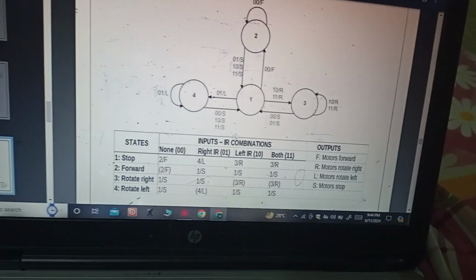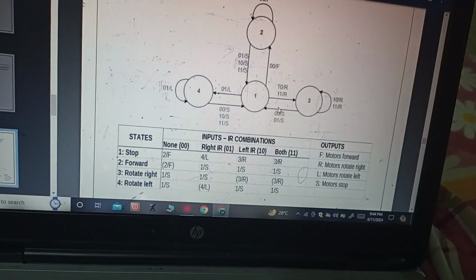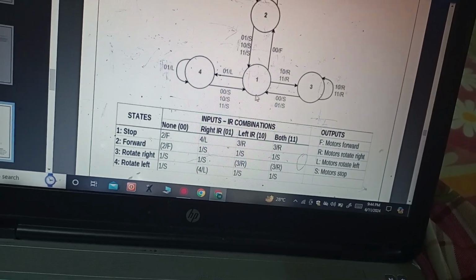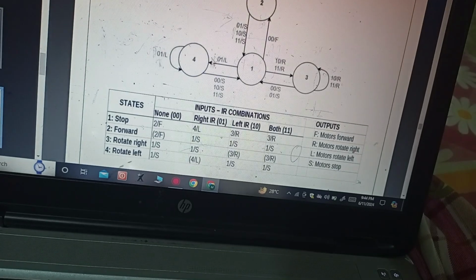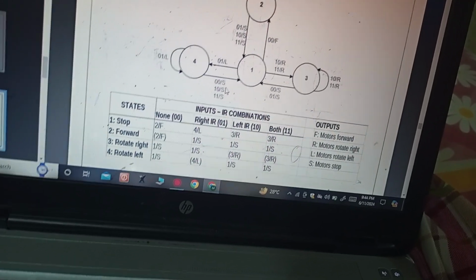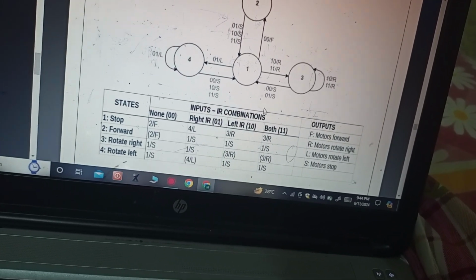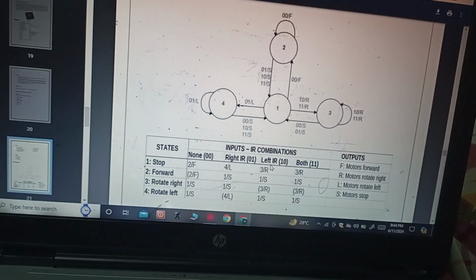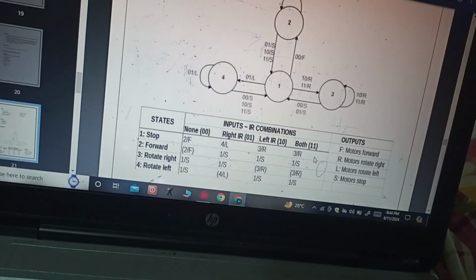The right IR sensor means 01. 01 means 0 is the starting position and 1 is out of position. So the final result is 4 upon L, and the left IR sensor means 1 is start and 0 is stop. So 3 upon R is the result, and in the last both are